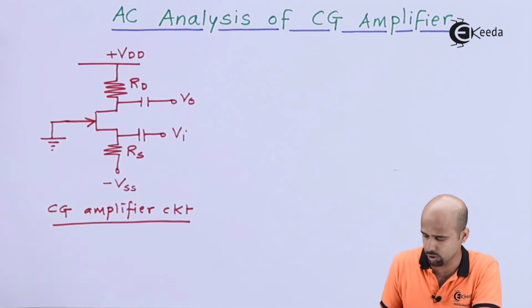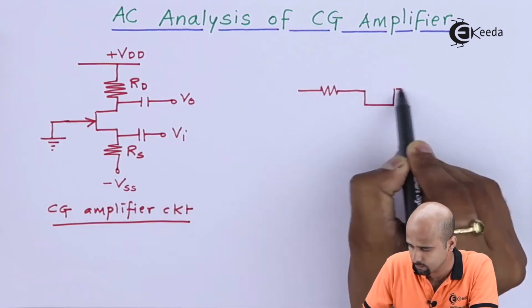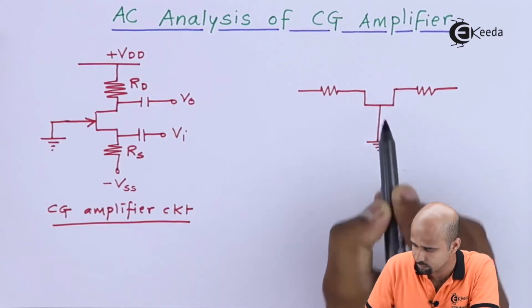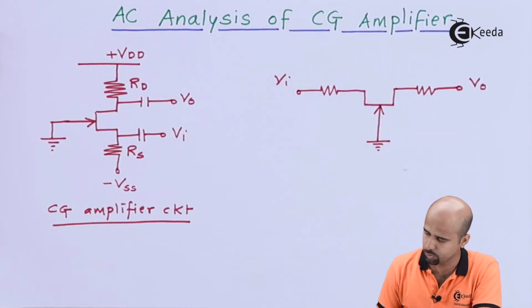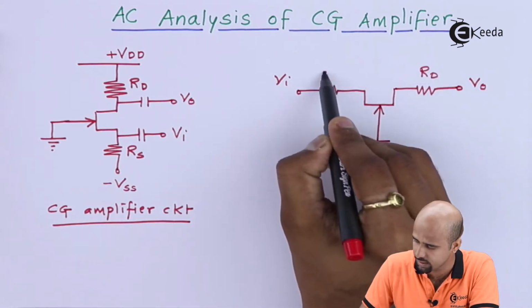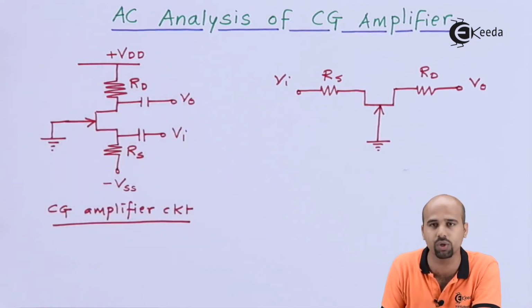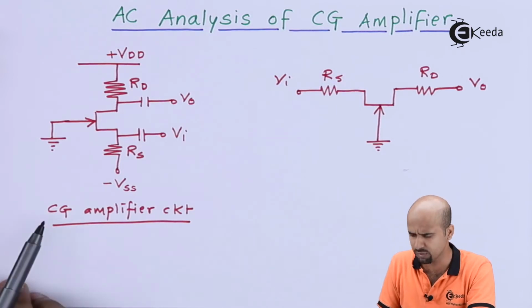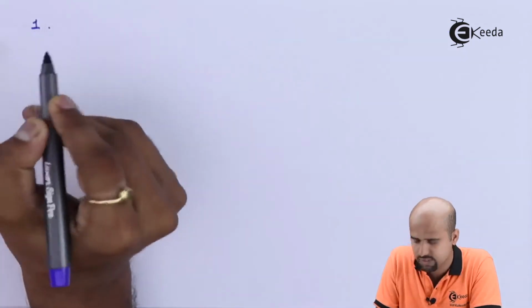Many a times in the numerical, you will not get this orientation of the circuit. You will get something like this, and here this is your RD and this is your RS. Few more resistances also will be there, but no need to worry about the orientation. Whatever usual orientation we have, stick with that orientation only, so that your AC analysis will become very simple as per the steps. We will follow the steps of AC analysis of the CG amplifier so that things will become simple. First and very important step is